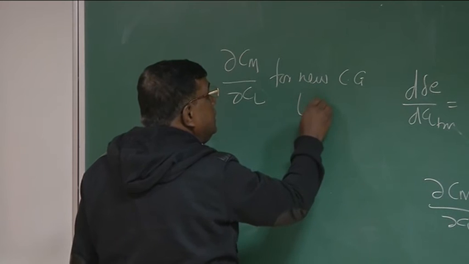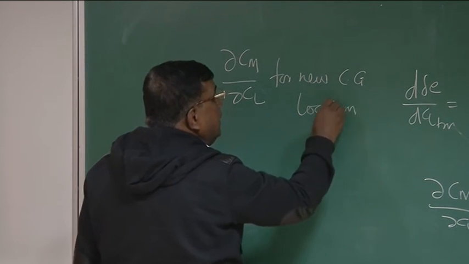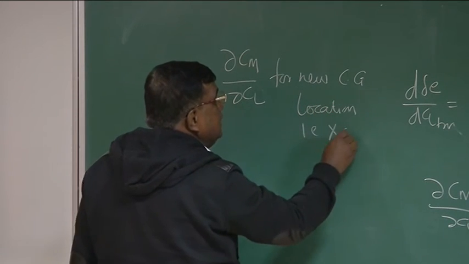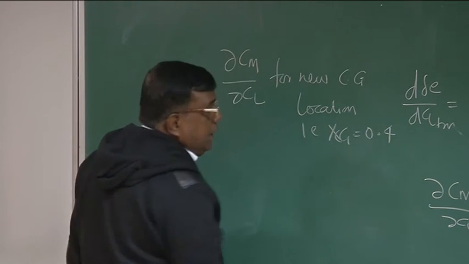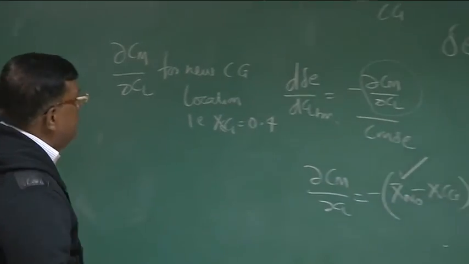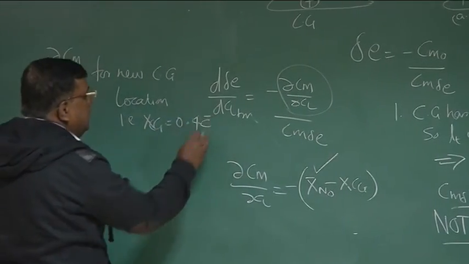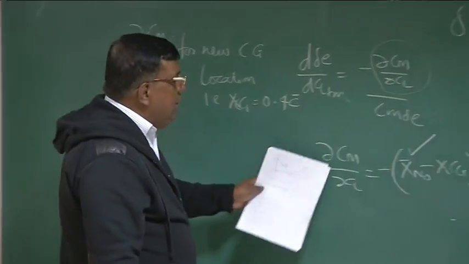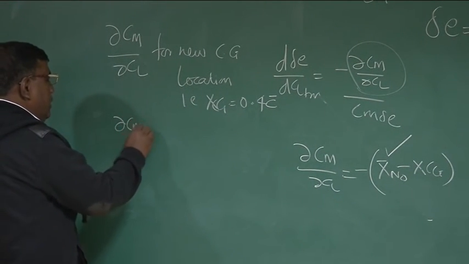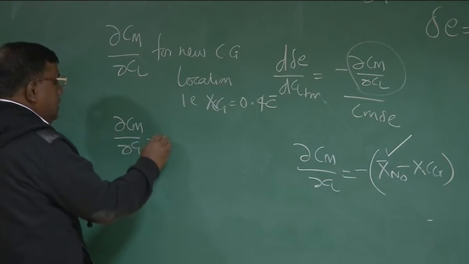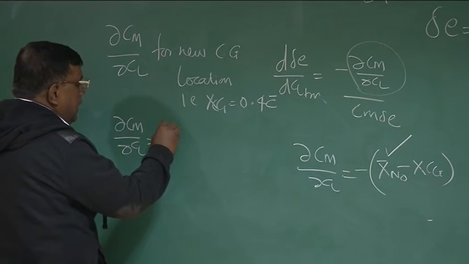CG location. That is what? That is XCG equal to 0.4 as in the second case. There, XCG is 0.4 C bar, right? We need to find out what is dCM/dCL for the new CG configuration, and you know dCM/dCL is basically XCG